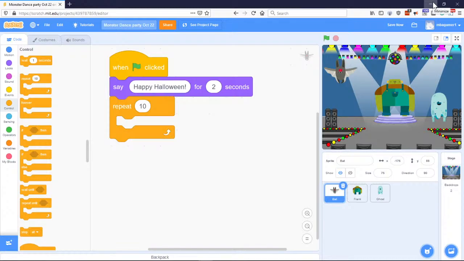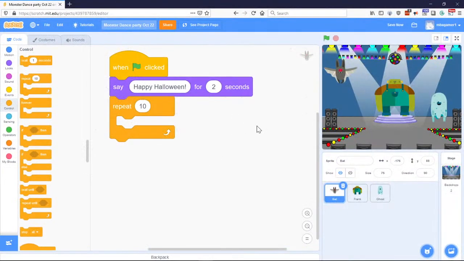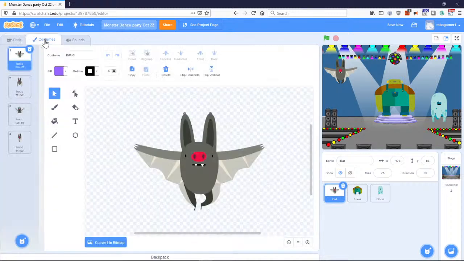And what code do we want? Well, let's talk about our costumes, okay? Now, there's specific costumes, or if you're doing animation, they would call this frames or keyframes, that we actually want to be seen. So let's go up here and let's click costumes. And let's talk about our costumes. Now our characters already come with our animation on them. So if we click here,